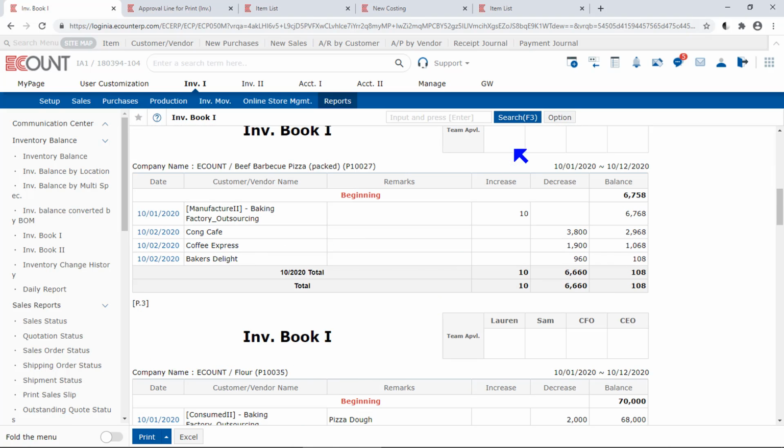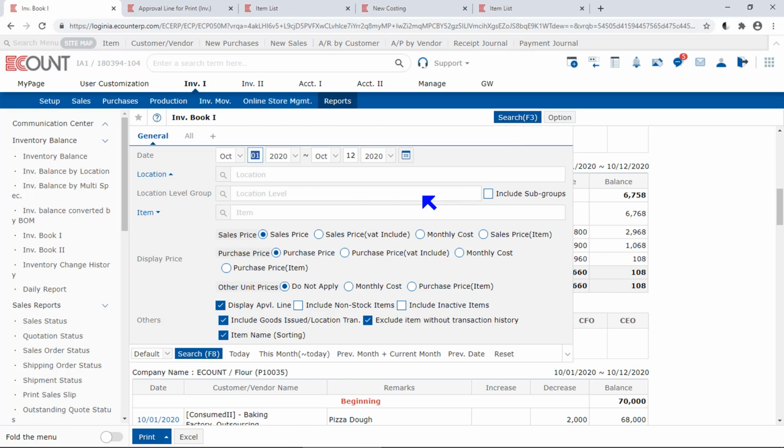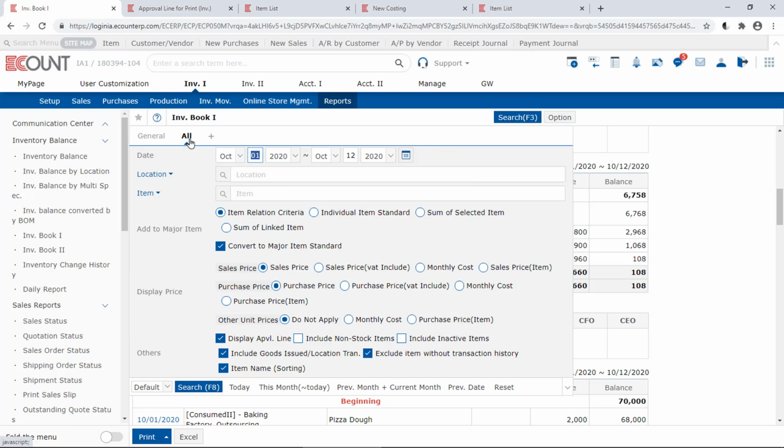And moving on, we are going to look at the All tab of Search Template. Here you can see Add to Major Item Search Condition. This field is a search condition used by customers who use Item Relation Setting feature. Item Relation Setting allows you to, for instance, if you purchase an item in one unit and then sell it in another unit,